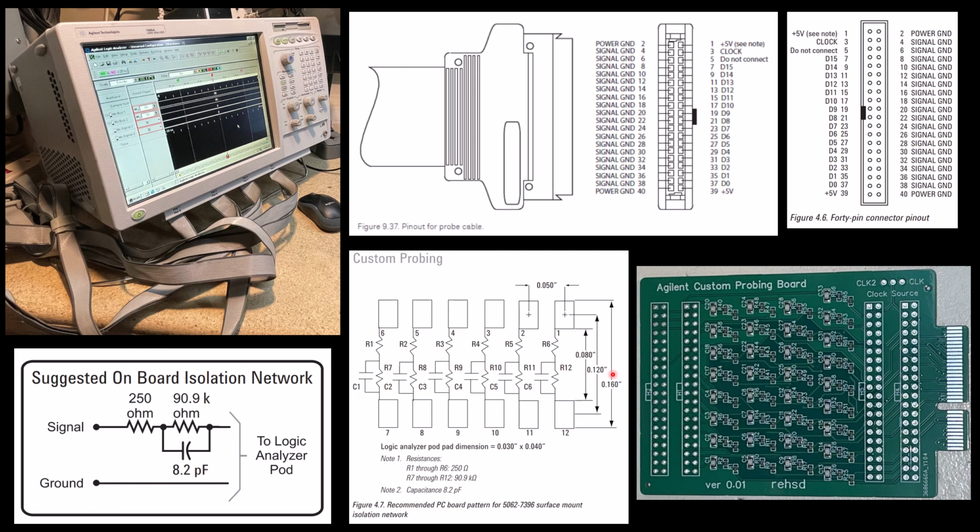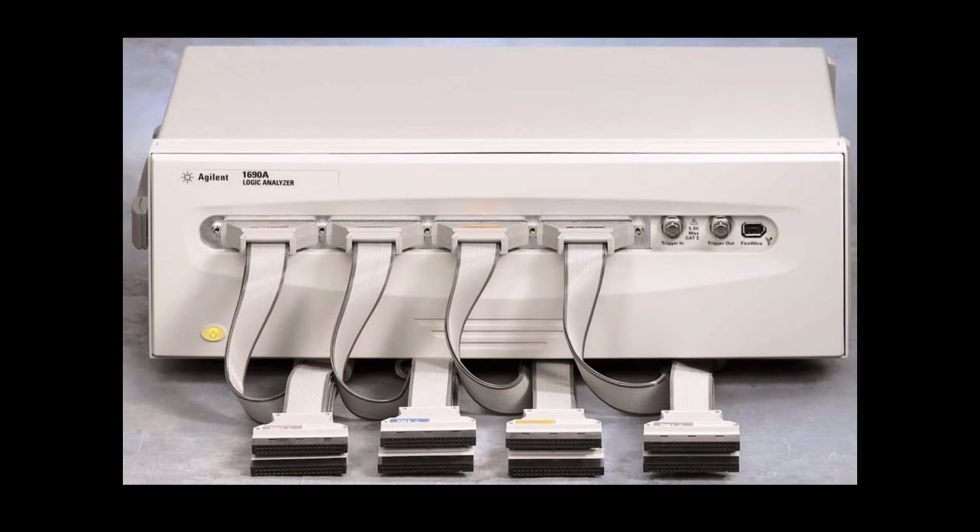Now the picture in the upper left again is a 1680. I'm going to be using a 1690, so it looks like this. Basically the connectors for these pods are up front, which I actually find more handy. So there's 4 of these up front, and then there's a little FireWire connector off to the right, and the intention is you would connect that to a PC with a FireWire card in it, or integrated onto the motherboard. But basically through FireWire, this is the 400 megabit FireWire, if I'm not mistaken,